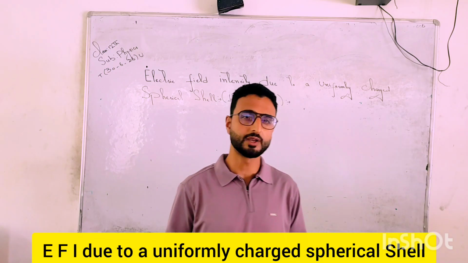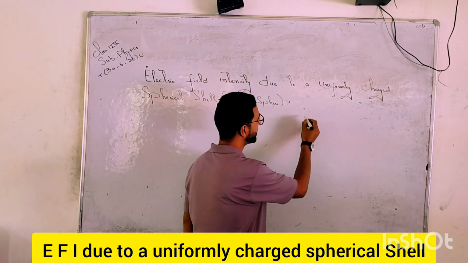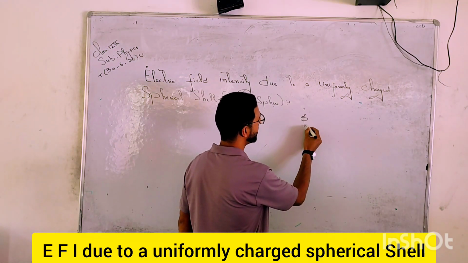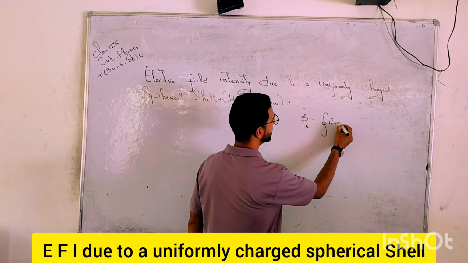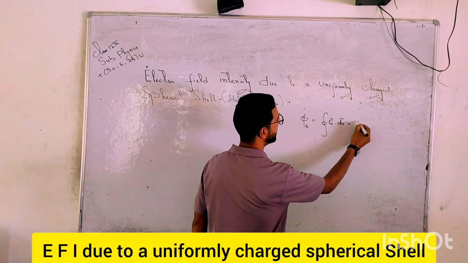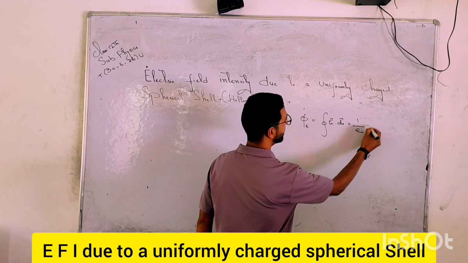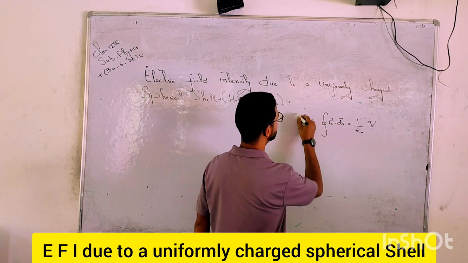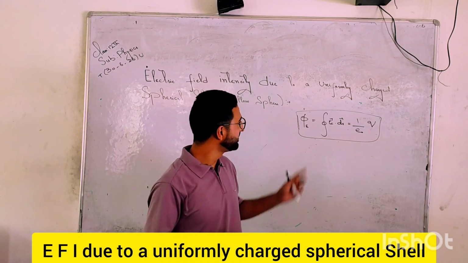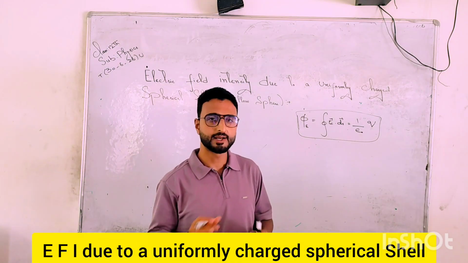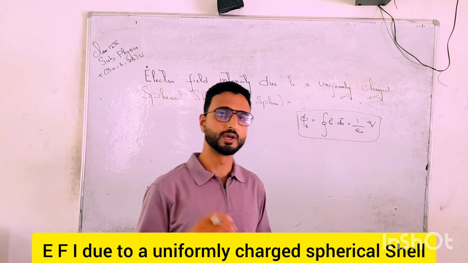Dear students, you already know the statement of the Gauss's law. This is simply electric flux through a closed surface. By definition, it is equal to the surface integral of the electric field, and by Gauss's law it is equal to 1 by epsilon naught times the net charge enclosed by the surface, right? So I will be using this statement to find out the electric field intensity due to a hollow sphere, uniformly